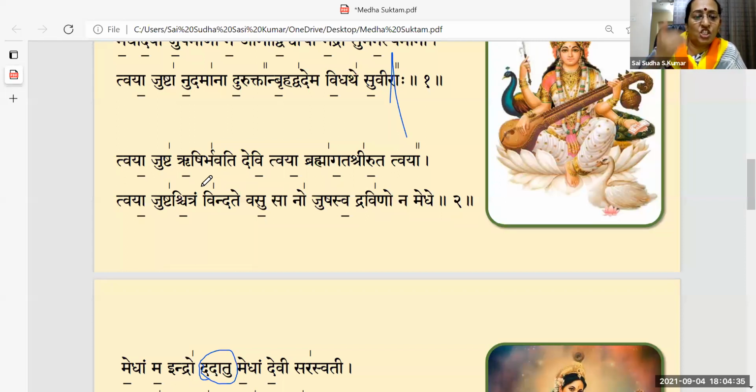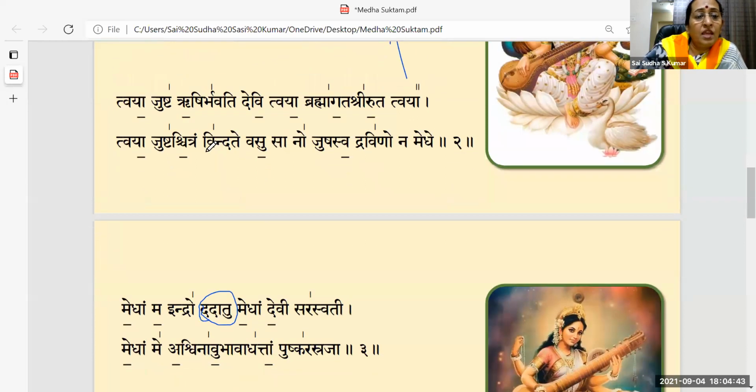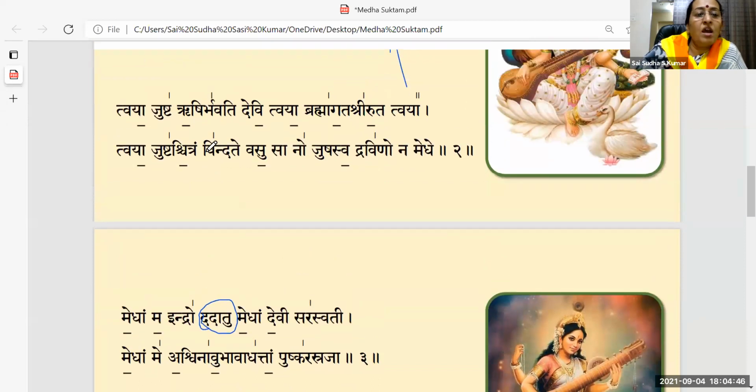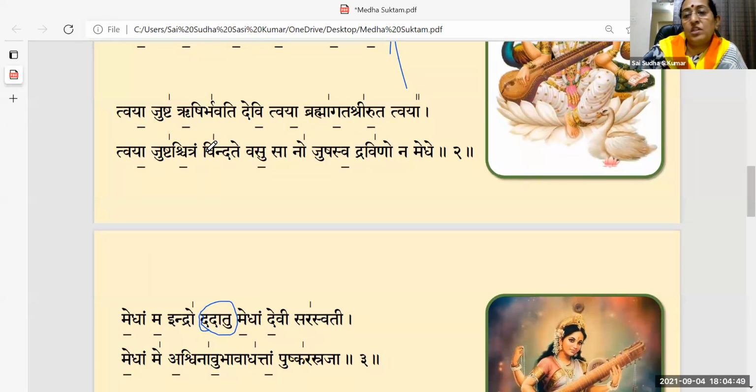Tvaya jushtaschitram vindate. That pressure has to come. That is what I have noticed. Tvaya jushta, with the shta drawn out, is not correct. So there is a tendency for the shta to be elongated. That is why it is better not to keep a gap. Wherever the word ends with a hraswa matra, it is jushta, not jushta elongated. So do not keep a gap, so that shta doesn't become elongated.